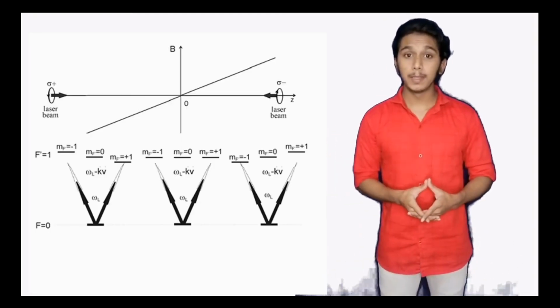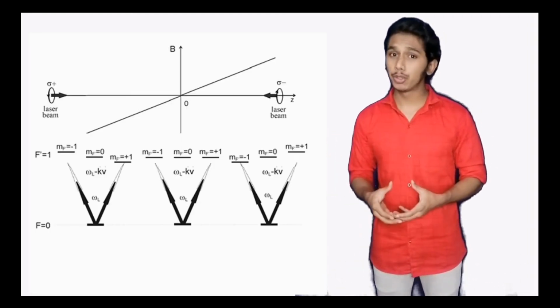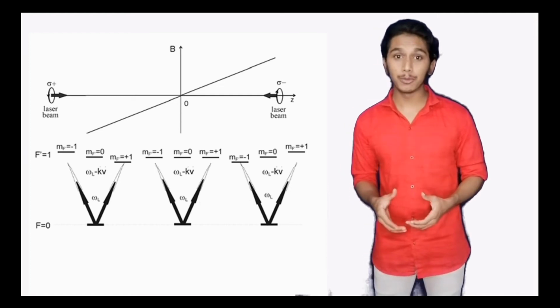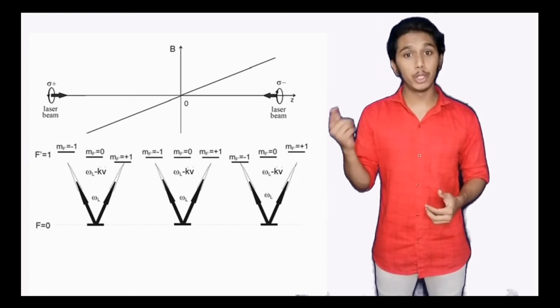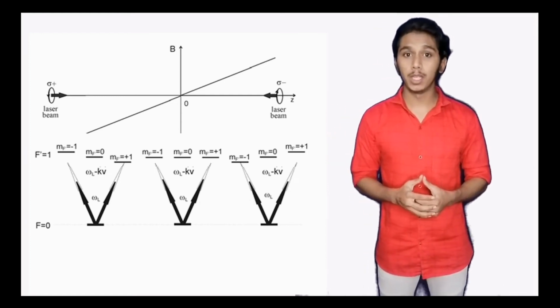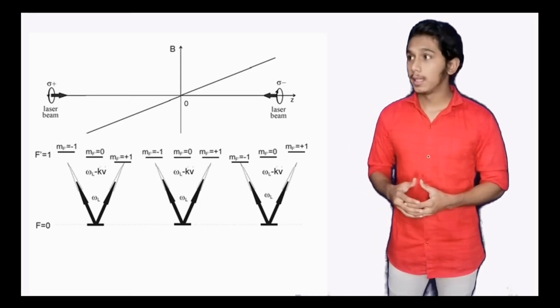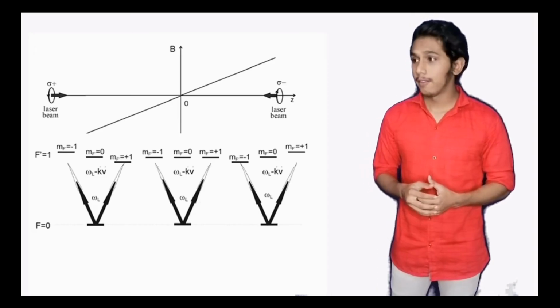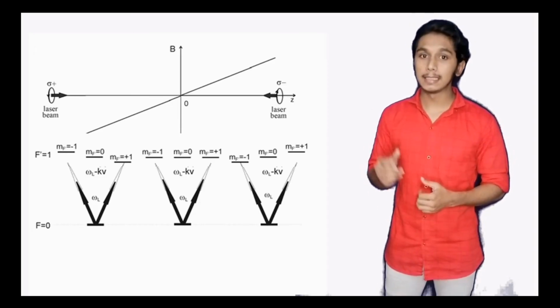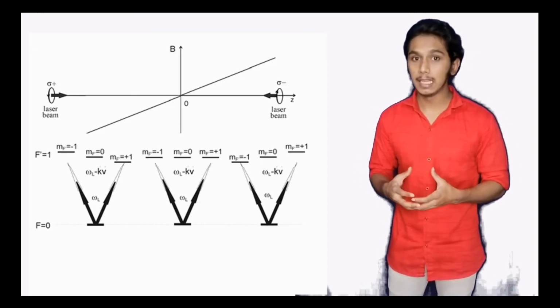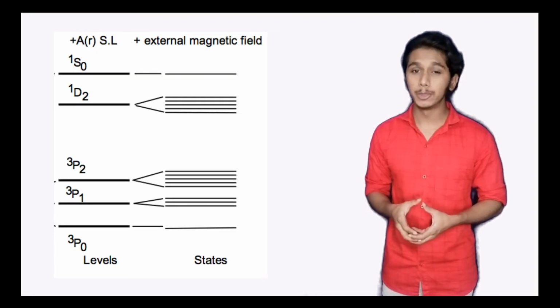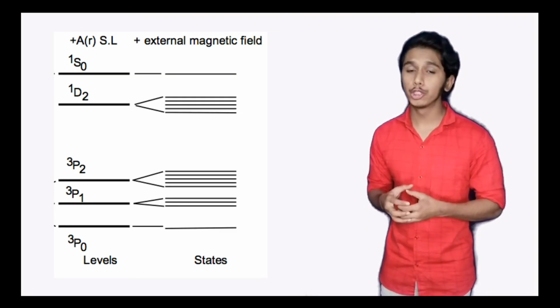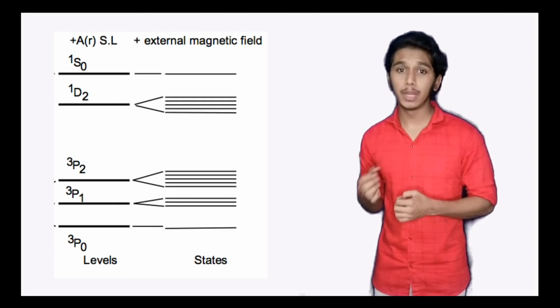This figure here represents an atom of a simple level structure where the excitation is taking place from F=0 to F=1 in a one-dimensional magneto-optical trap. Here, as you can see, the inhomogeneous magnetic field is along the z-axis, and as we go along the z-axis, we see that the splitting increases linearly. So having a magnetic field splits the hyperfine structures of the atom into sublevels, which helps us to absorb photons from the laser with slightly different frequencies.